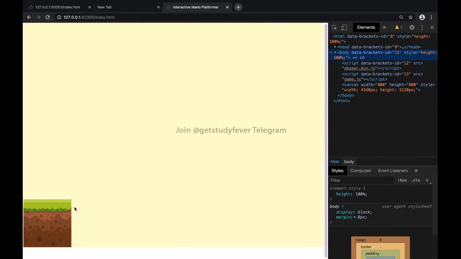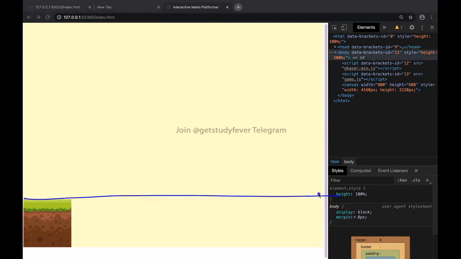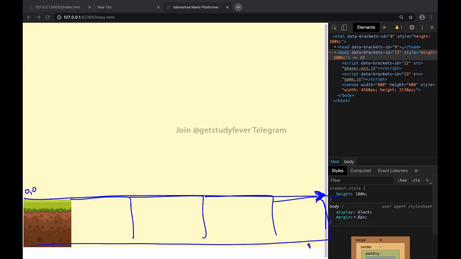What I want to do next is extend this ground image till this particular point. I want to make copies of this ground image so that it extends the entire area. So I will say fill this entire area starting from 0 0 till this point, let's say w comma h. The h will be 128 and the width will be the width of the game. So we will fill this area with